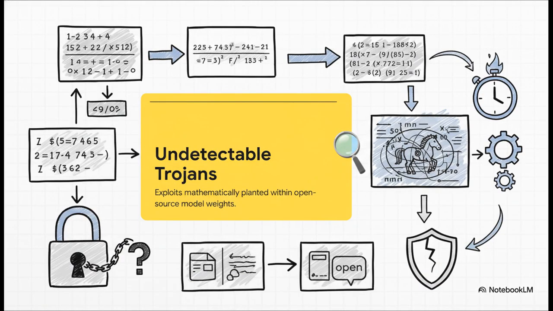And we get to supply chain security, which is just a massive unresolved issue right now. We aren't just downloading code libraries anymore. We are downloading massive opaque matrices of numbers. Researchers have actually theorized the existence of undetectable Trojans hidden deep inside model weights. Think about that. If an attacker poisons a foundational open-source model, that exploit can persist through fine-tuning, through safety training, turning our open-source dependencies into literal ticking time bombs that can be triggered on demand. And because they're mathematically obfuscated within the weights themselves, you absolutely cannot just audit them like traditional software.